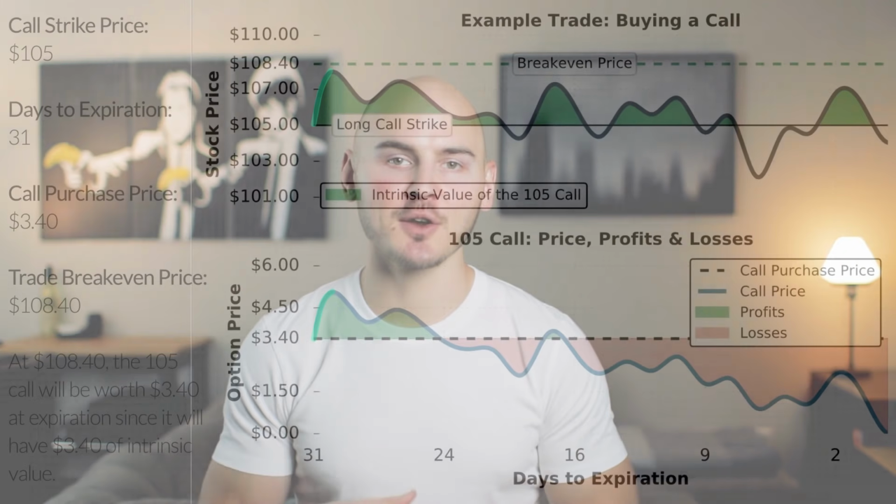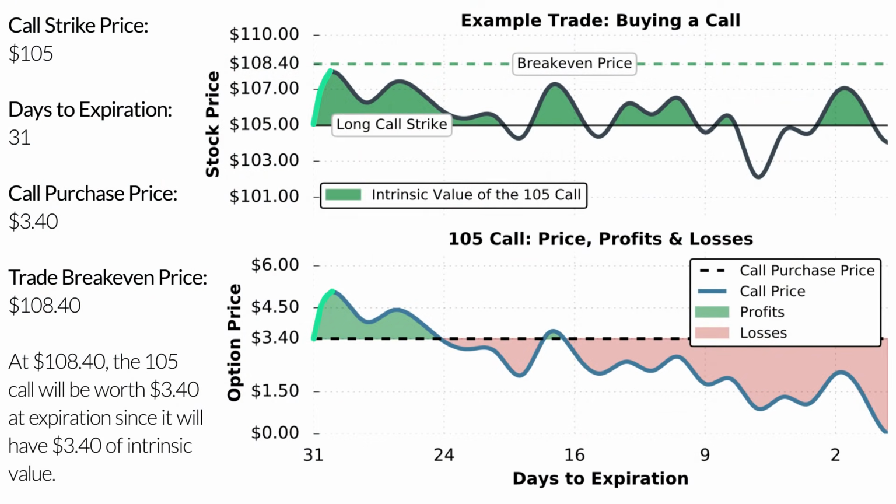But of course, there's no knowing when the stock price is going to decrease, and in this instance, let's say the trader thought the stock price was going to continue to increase, so they stayed in the trade. Unfortunately, we can see that the stock price hovered around the strike price of $105 for the entire duration of the trade, and at expiration, the stock price was actually below the call strike price of $105,